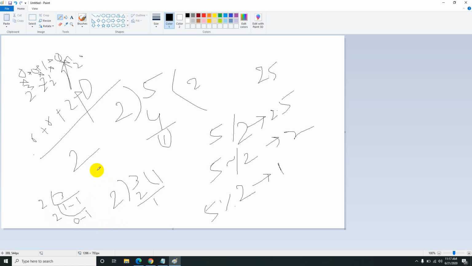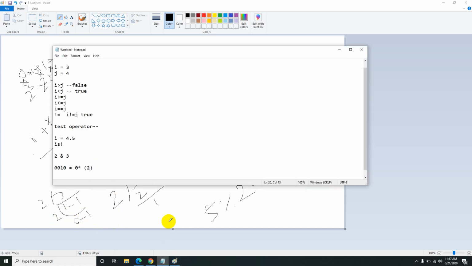0 1 1 is the number here. So if it is 4 digits, add a 0 in front of it. Understood? So here you will do the AND operation. 2 and 3. 0 and 1. The AND operation will be